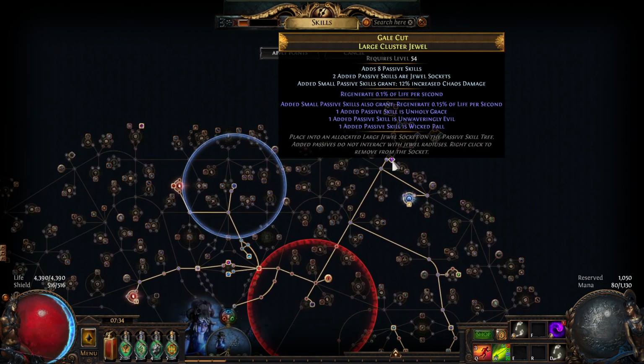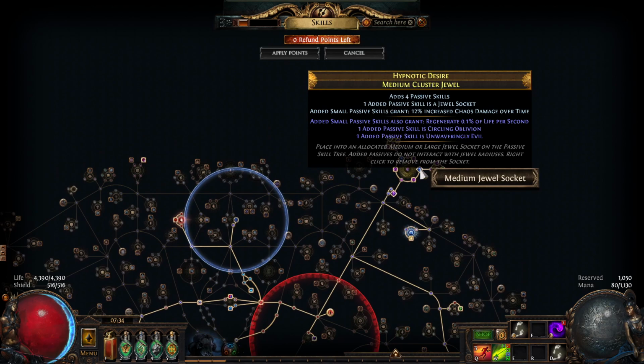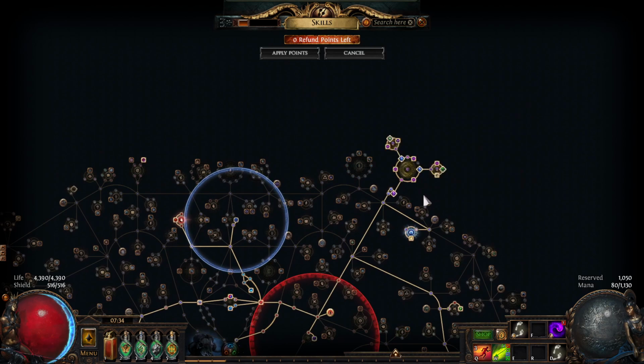Somewhere I picked up the cluster node here, which is Unholy Grace, Unwavering Evil, Wicked Pal. I harvest crafted it for the regen life implicit modifier. It came with the life percent regen on it. We've then got our medium clusters, which is Circling Oblivion and Unwavering Evil, with the regen node on there, and